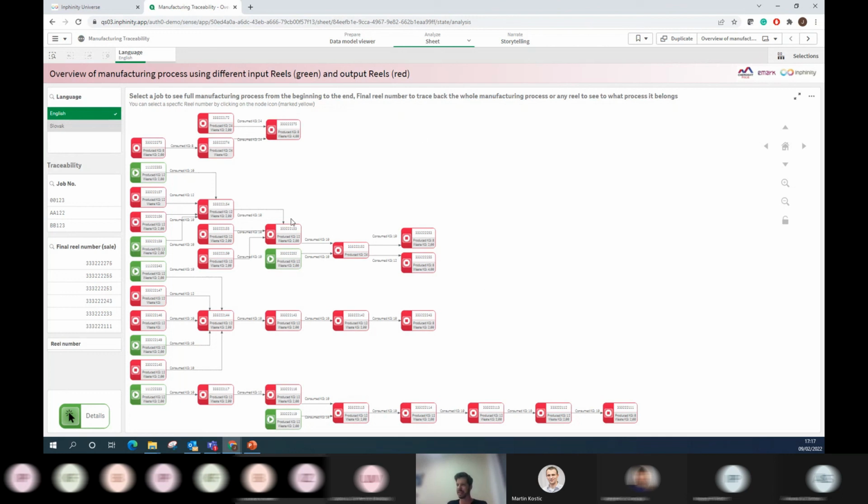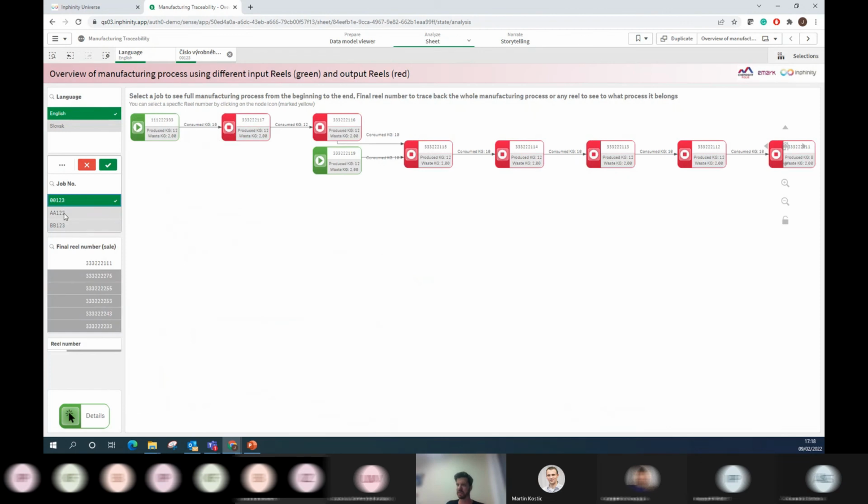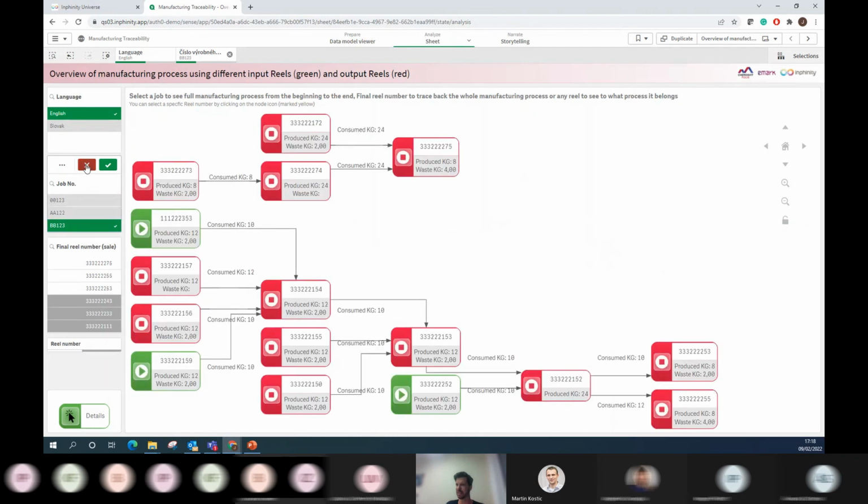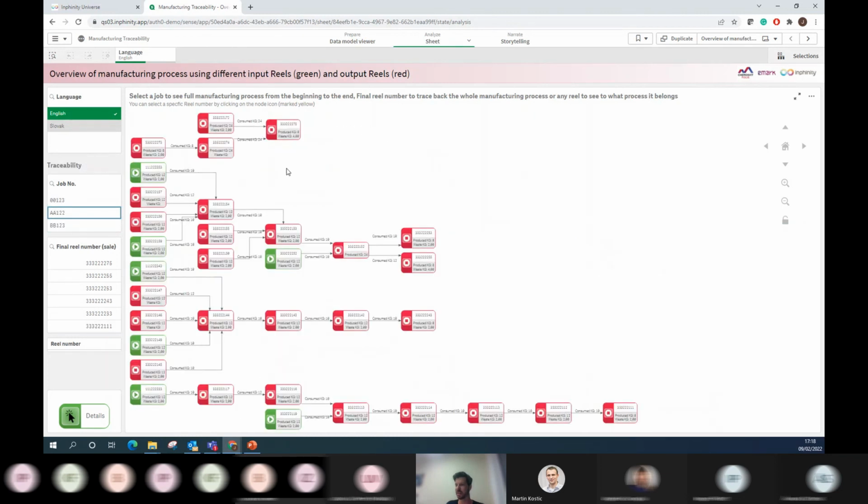So to focus on the data management here, you have different jobs in the factory. You can focus on different job numbers very easily by this click selection, and you can start to understand where the material flows from which reel to which reel.